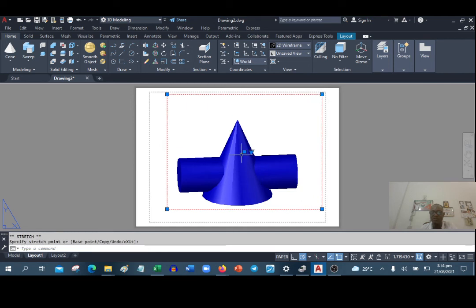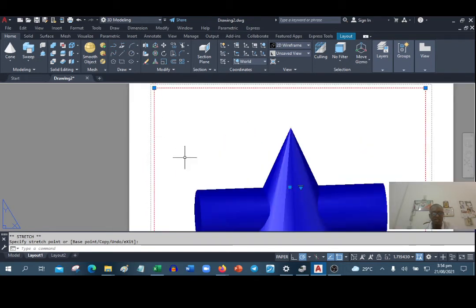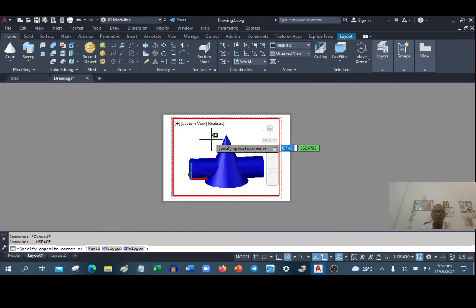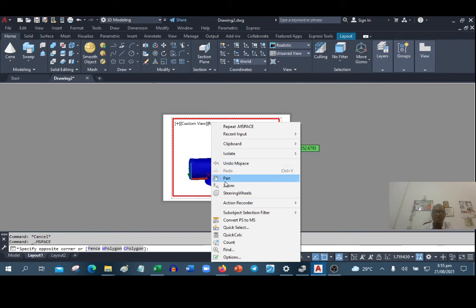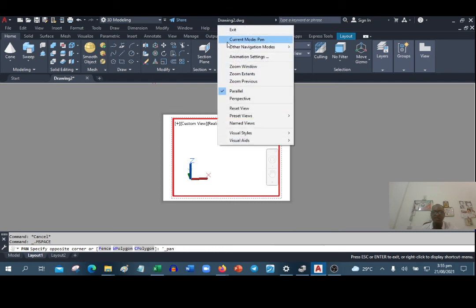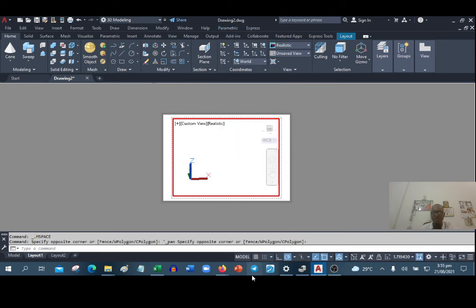I will drag it up so that I have space there. Drag it up. Please don't exceed these short thick lines. These broken lines, if you exceed them, it will not show in your drawing. So I'll come to paper in my status bar. I'll come to paper and click so that I become model. Then double click, pan it, and take it out so that we don't have it showing. Then I'll come down and take it back